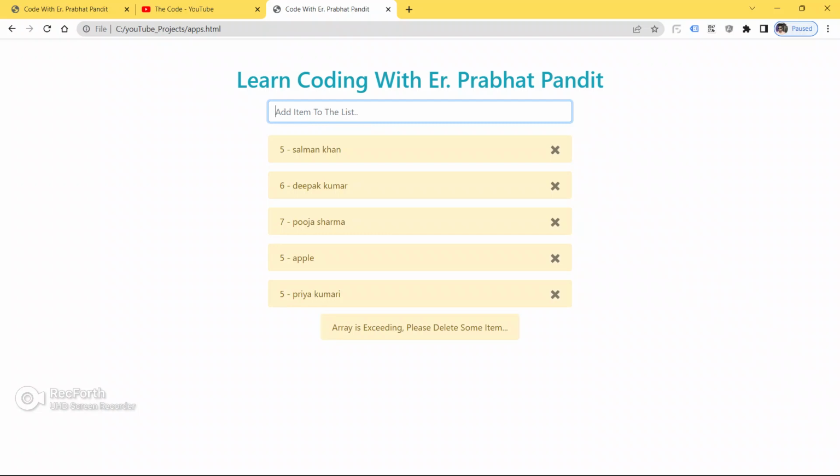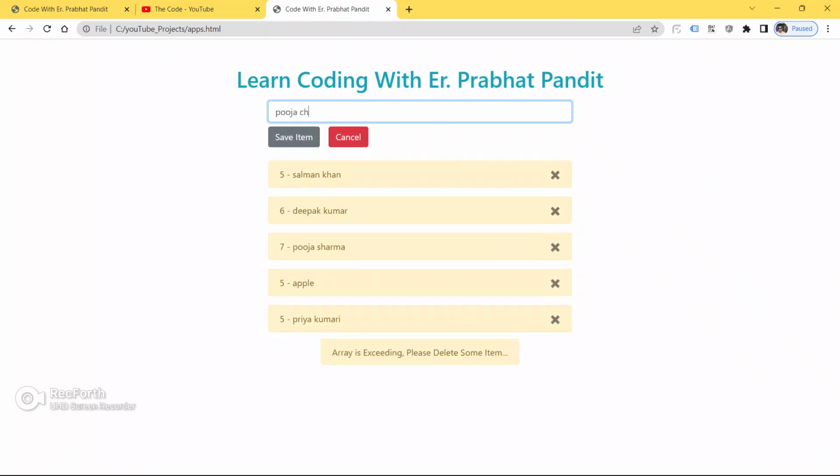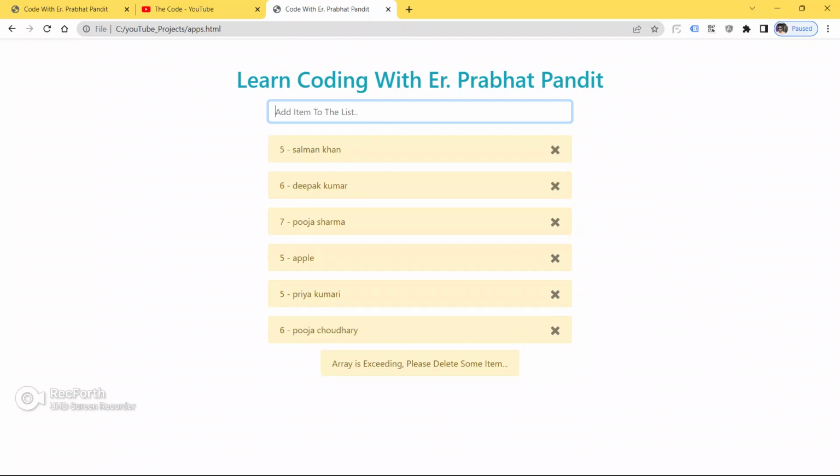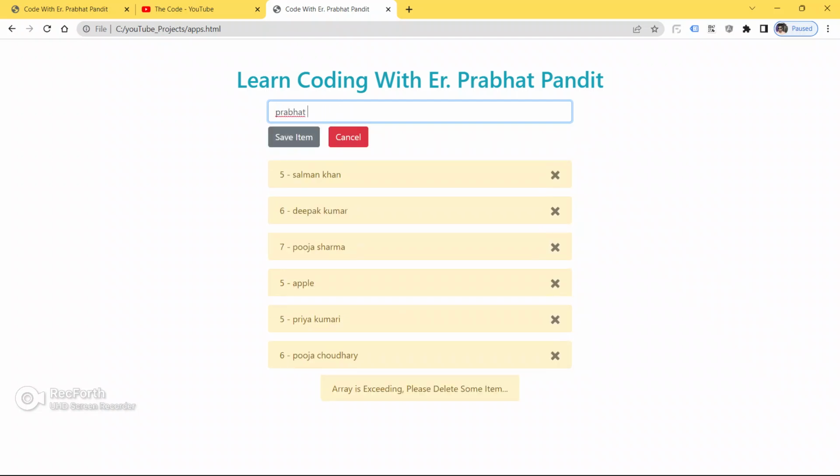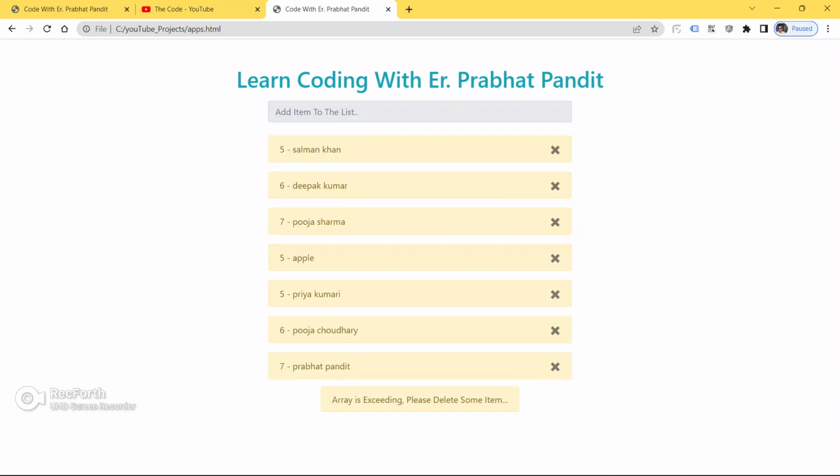So put Priya Kumari. Hit enter. Put Pooja Chaudhary. Hit enter. Put Prabhat Pandit. Hit enter. And see, we have got 7 elements in our array.